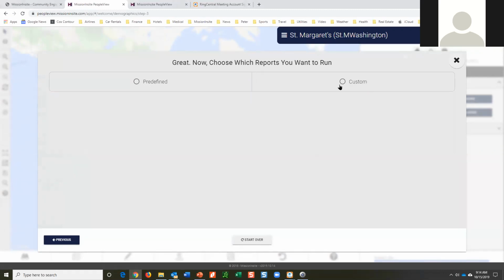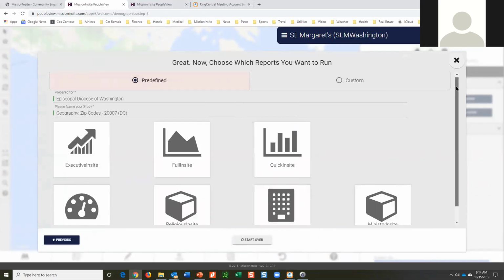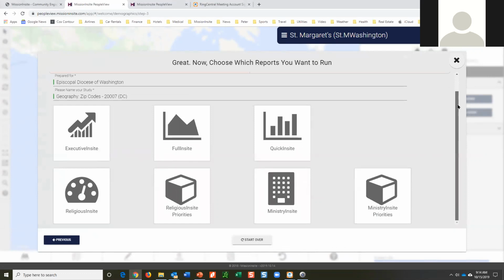Would you like to create your own custom report, which I'll show you a little later? Or would you like one of the predefined? Most people will run one or more of these reports. I would strongly suggest initially that you run the full set, so you can quickly take a look. They're all in PDF format.